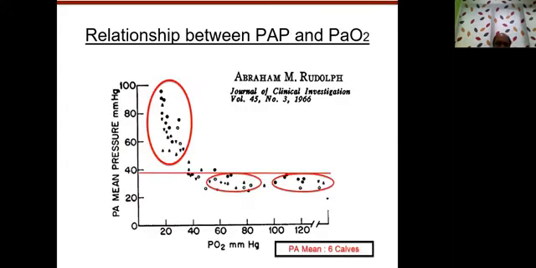To answer this question, I would like to present a few data. This is one of the articles which has clearly shown that the mean arterial pressure drops significantly as the PaO2 increases to somewhere around 40 to 50. This is again an animal model, and it shows that as soon as the PaO2 reaches around 40 to 50, the pulmonary vascular